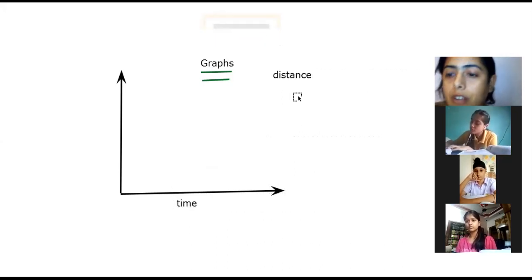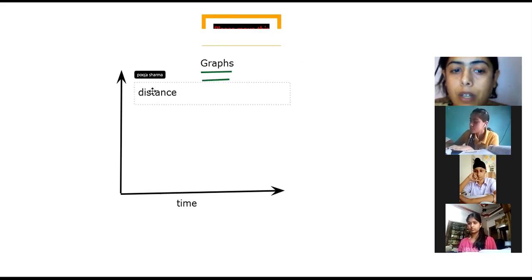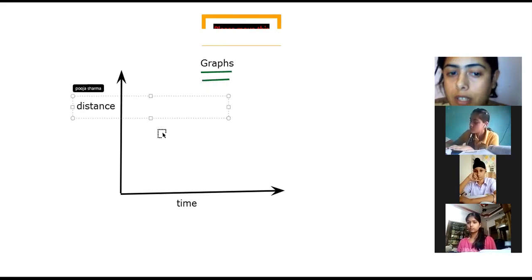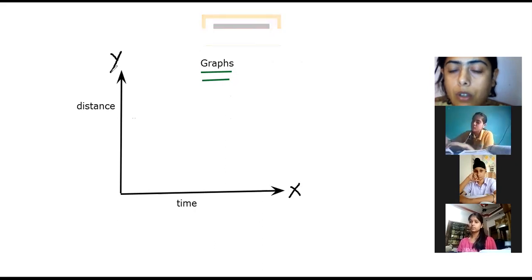It is not that only when you study then it will be 12 or only then it will be 1 o'clock. No, the time keeps on moving. You have to be particular about that. Whereas distance is the dependent quantity. If you move, you will cover the distance. If you don't move, you don't cover the distance. So the quantity which is independent goes along with the x-axis, and the quantity which is dependent goes along with the y-axis.